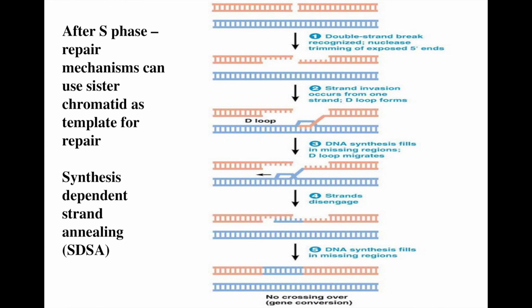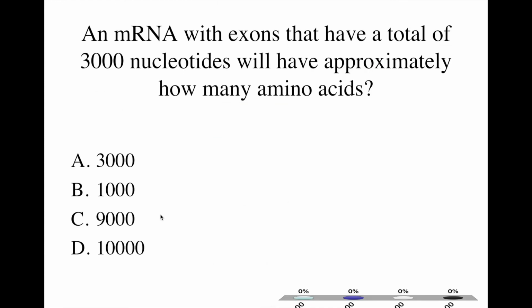We talked about lots of different mechanisms of DNA repair. This is one called synthesis-dependent strand annealing that's only available when your chromosomes have sister chromatids, because it uses the sister chromatid as a template to repair a double-stranded break, to see what the nucleotides were in the part that's missing, and then synthesize those according to what the sister chromatid has. But that's one of many kinds of